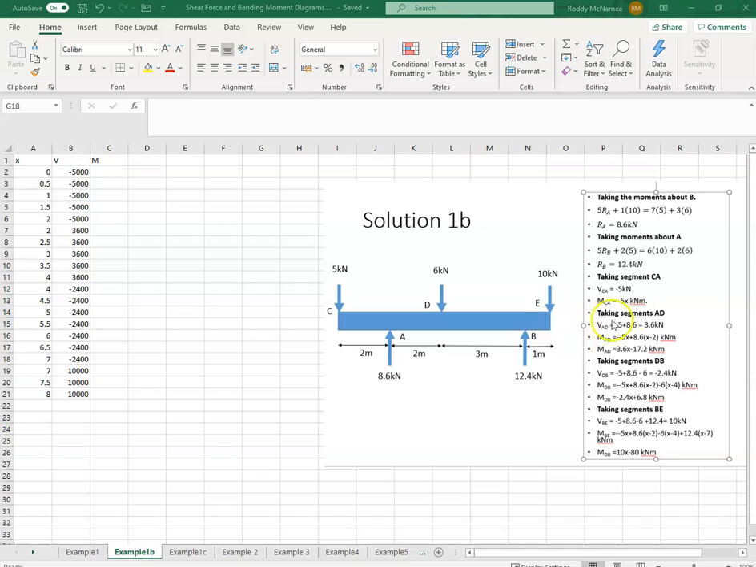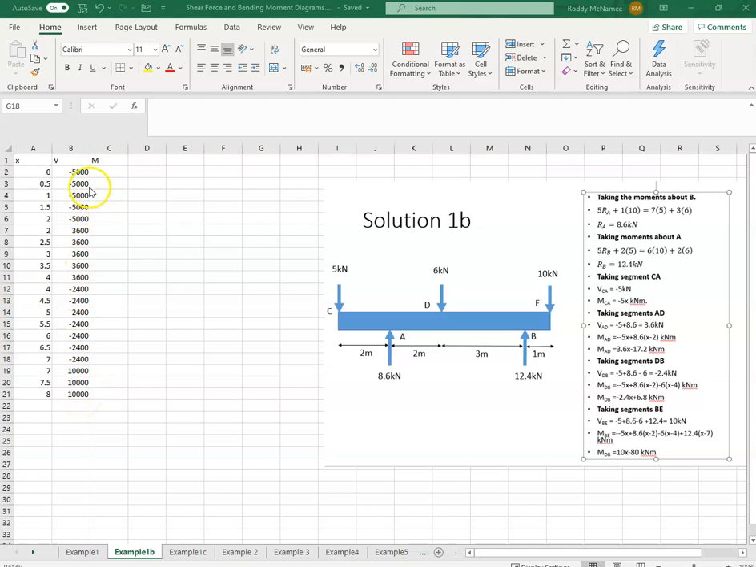Okay, so the shear force from C to A is minus 5,000 newtons. So that's minus 5,000. And from A to D, it is 3,600. So that's 3,600. And then from D to B, it is minus 2,400. And then from B to E, it is 10,000. So they're all just marked in there on